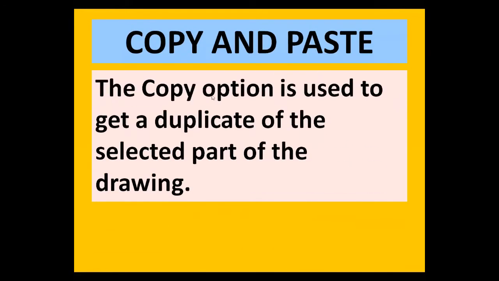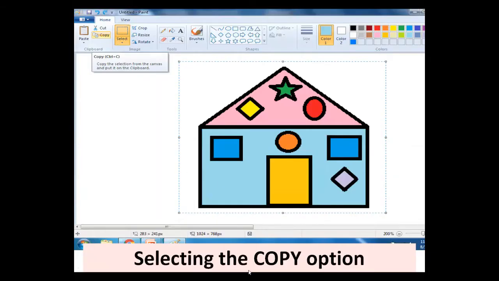The copy option is used to get a duplicate of the selected part of the drawing. So we use copy and paste option to get a duplicate of the selected part of the drawing. This is the paint window, and the steps for copy and paste are: